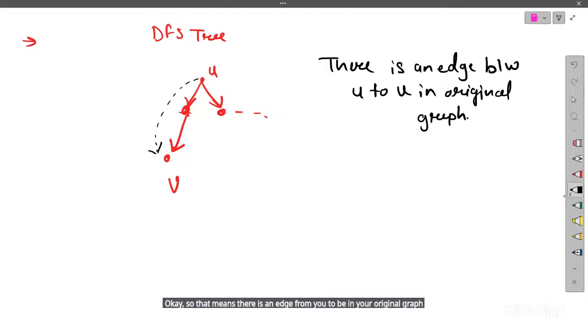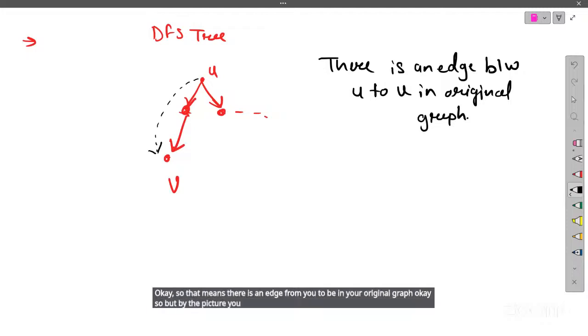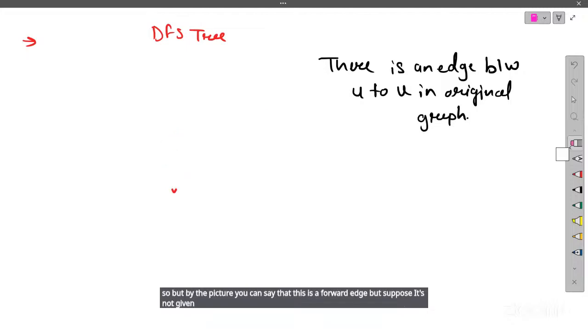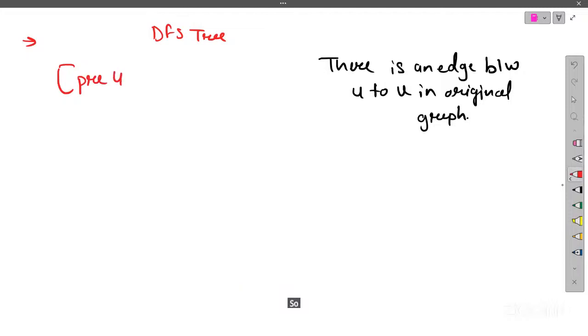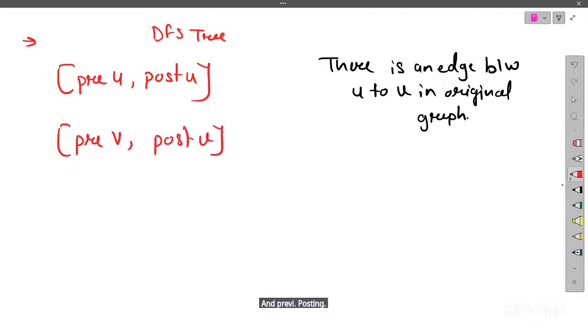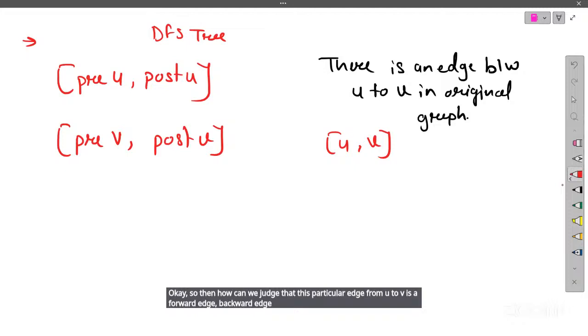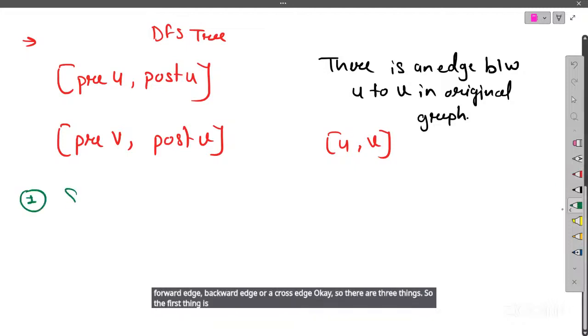Okay, but by the picture you can say that this is a forward edge, but suppose it's not given. The DFS tree is not given to you, but just only pre number of u. So here we have given pre u, post u, and pre v, post v. Okay, then how can we judge that this particular edge from u to v is a forward edge, backward edge, or a cross edge? Okay, so there are three things. So the first thing is, suppose